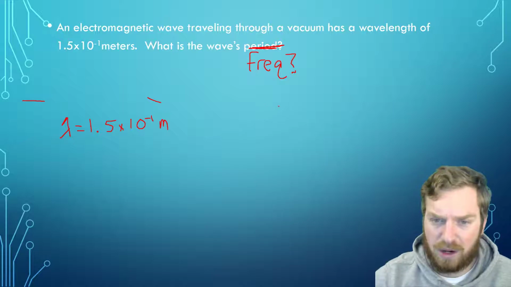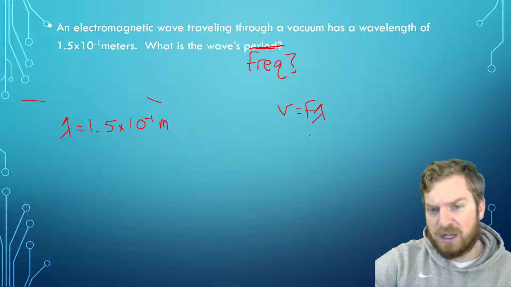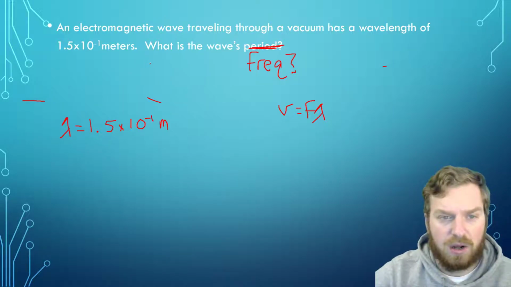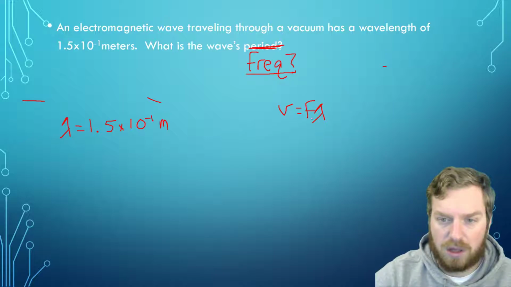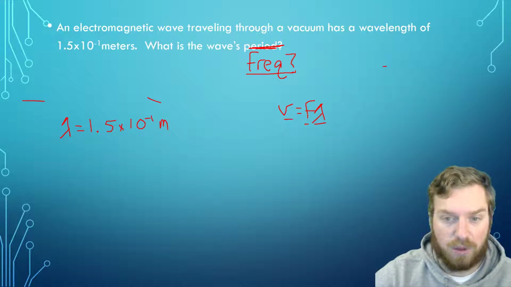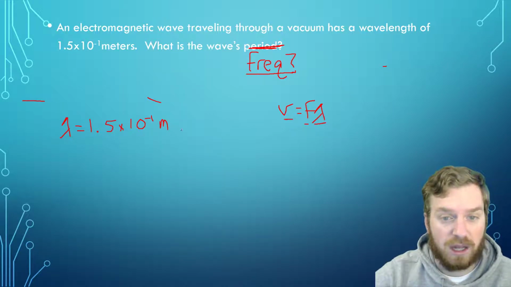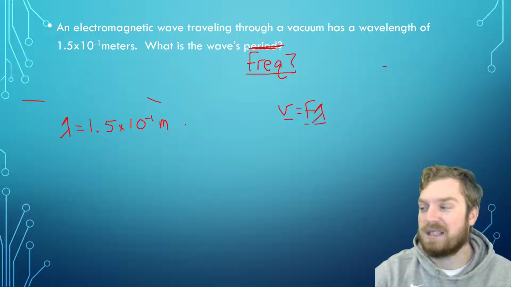Cool. And we know that our equation, V equals F lambda, is what we're probably going to be using, our handy-dandy wave equation, but we also need to figure out what the frequency of this wave is. So if we know what the lambda, the wavelength, is, and we're looking for frequency, well, you might say, Mr. P, we don't really know what the speed is yet, right? We need to know the speed in order to get the frequency, knowing that our wavelength is 1.5 times 10 to the negative 1, and here is where we have that secret hidden